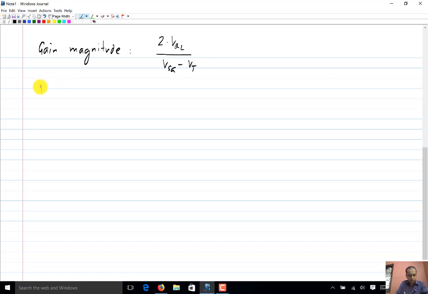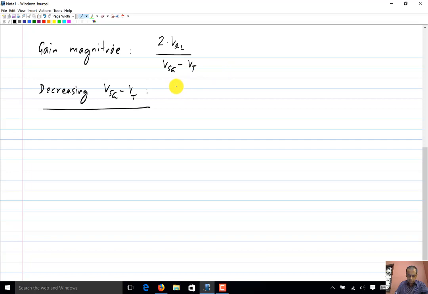Now first let's look at decreasing VSG minus VT. Now this expression makes it look like the gain will monotonically increase as we decrease VSG minus VT, but